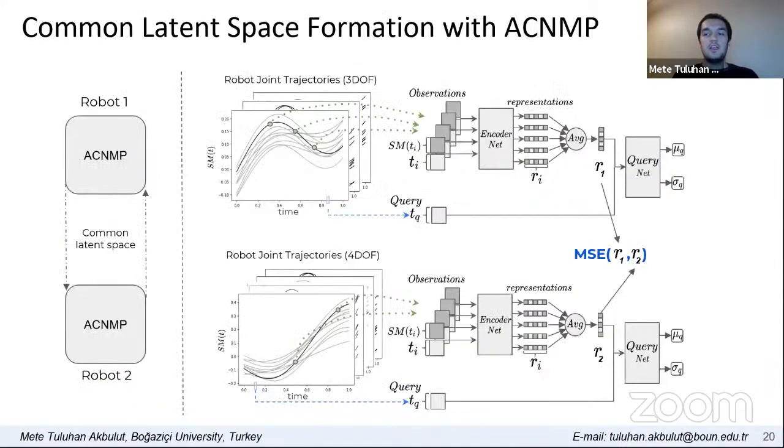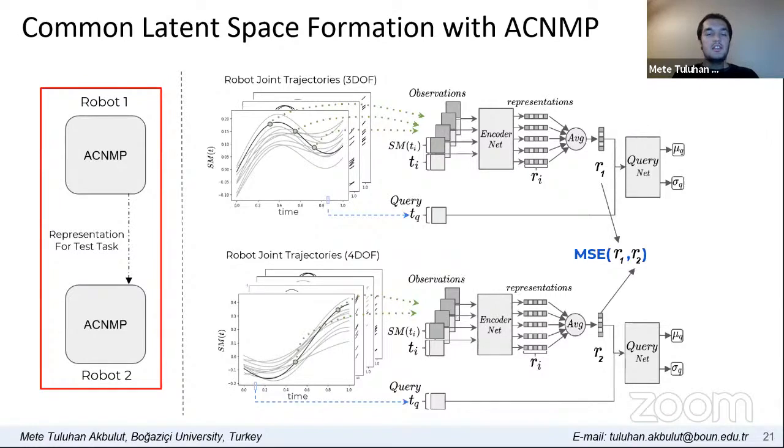In the skill transfer scenario, both robots have their own SNMPs and they form a common latent space during learning from demonstration. Here, an additional mean square error loss is defined to make corresponding representations similar. Our representation learning method can handle different numbers of joints and different numbers of observation points because it finds the representations at skill level. Therefore, no time warping or state pairing mechanisms are required. In this part, task parameters are not used, so as not to involve any biases about the task.